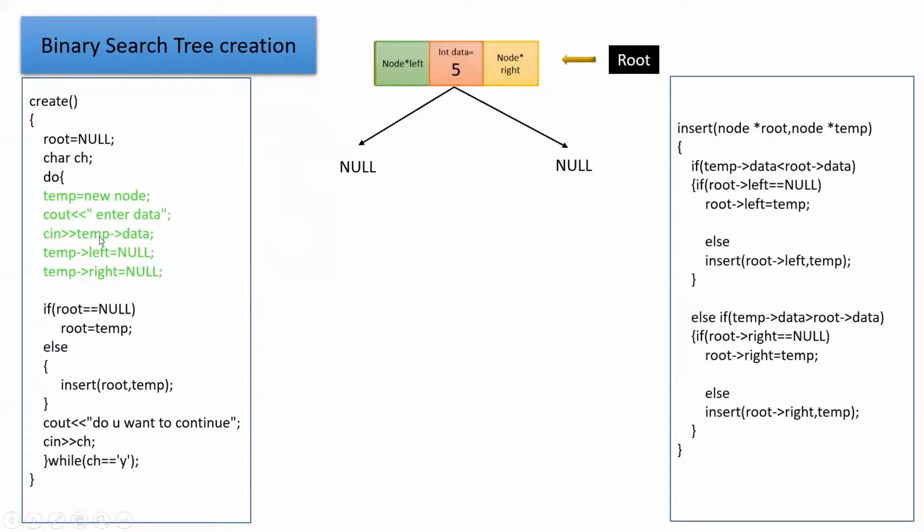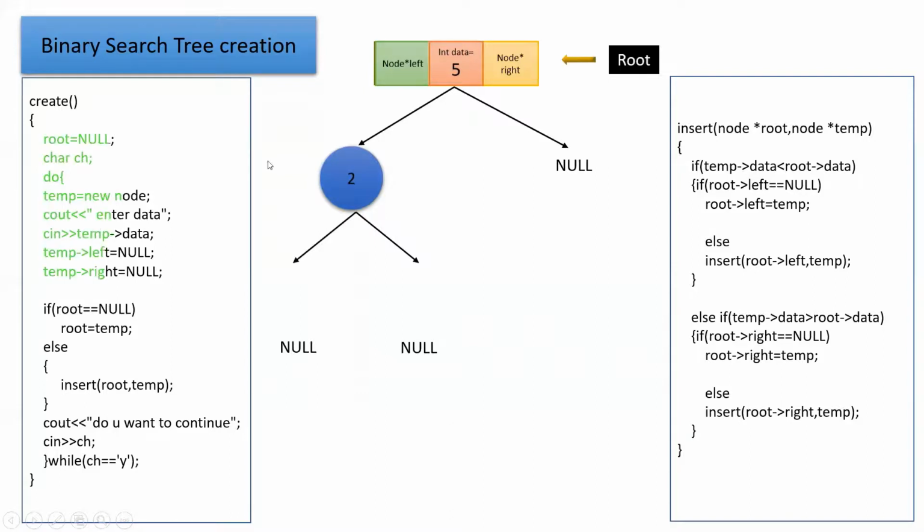Next time, once again, it is executing this part. That means it is creating the new node. Suppose this 2 is created here. Now this condition is going to become false here because the root is not equal to null. So if you see, it is calling the insert function. Now it will come inside the insert function and it will check this condition. If the temp data is less than root data, the condition is true. So once again, it is checking the condition if root left is equal to null. This condition is also true. Now the instruction root left is equal to temp will be executed. That means the link will be established between the 2 and the 5. As the 2 is less than the 5, 2 is attached on the left side.